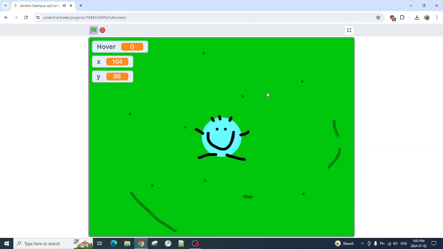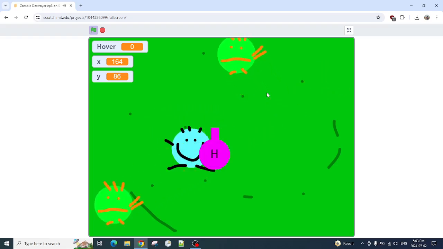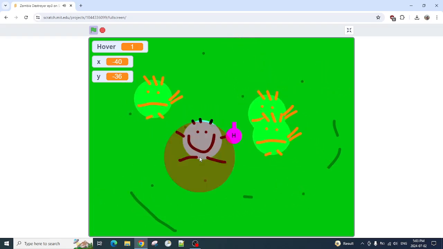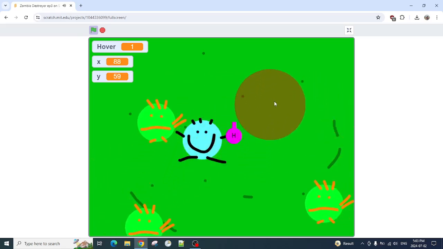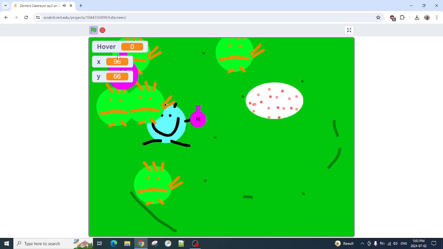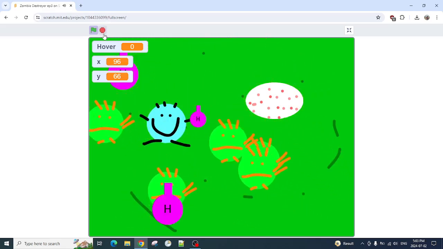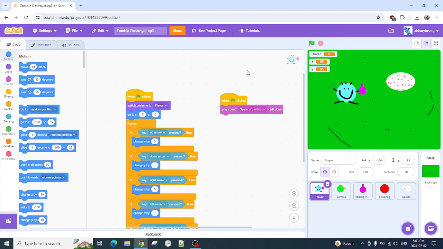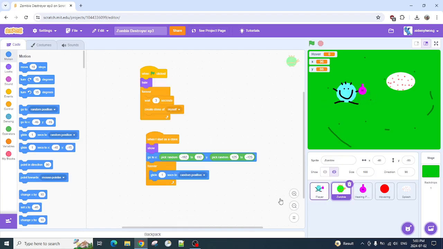You'll see that at first there'll be zombies moving around and you can get this healing potion by pressing E and you can spawn those healing potions. But when the zombie touches them, it doesn't delete or disappear and get a score. So I'm gonna go to zombie,